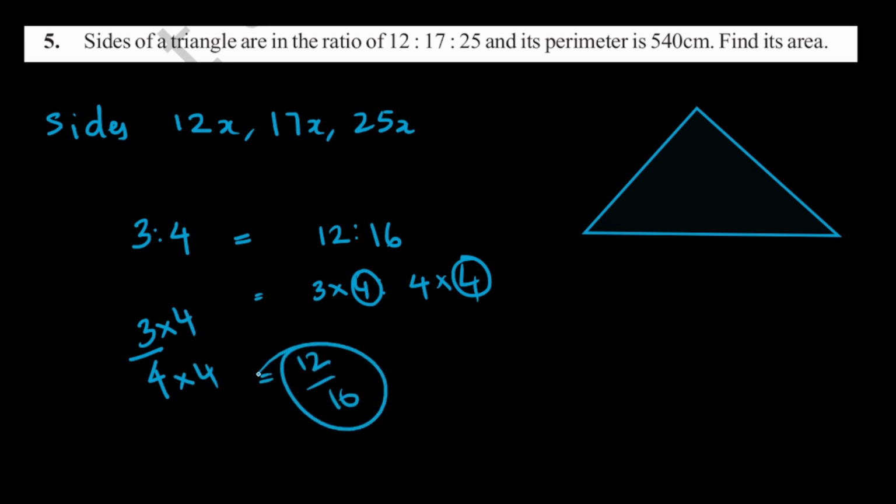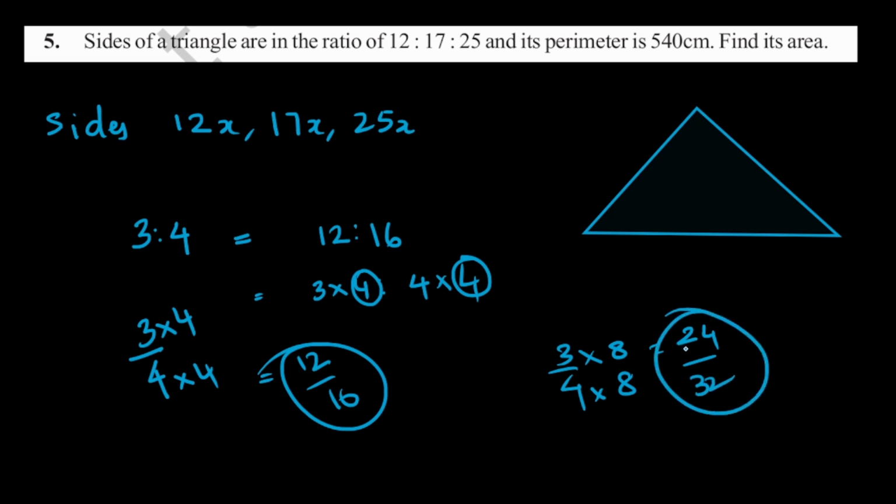divided by 16, right? And in the same way, if you multiply with some other number, let's say 8, 3 into 8, then you have 4 into 8, right? 3 into 8 is 24, 4 into 8 is 32, right? So 24 by 32 is equal to 3 by 4. How? Because if you divide 24 and 32 by 8, you will get 3 by 4. And 3 by 4, you can't divide it further. That is the most simplified form of fraction,